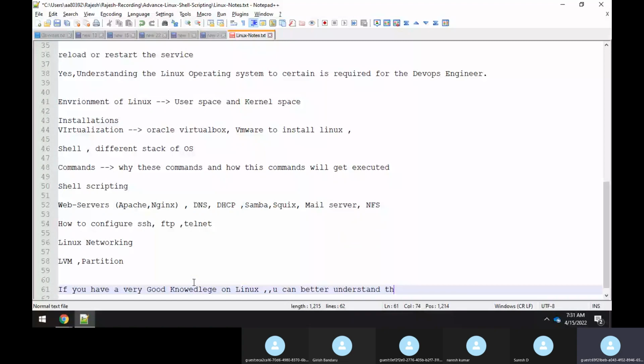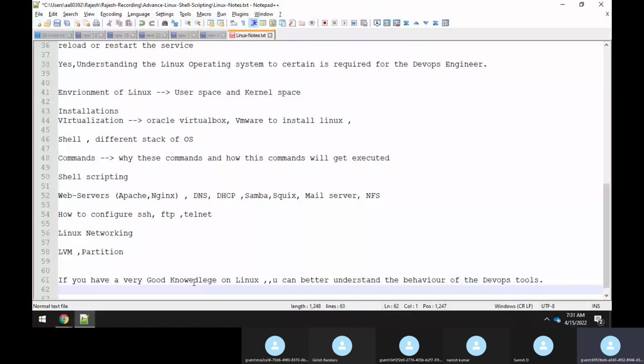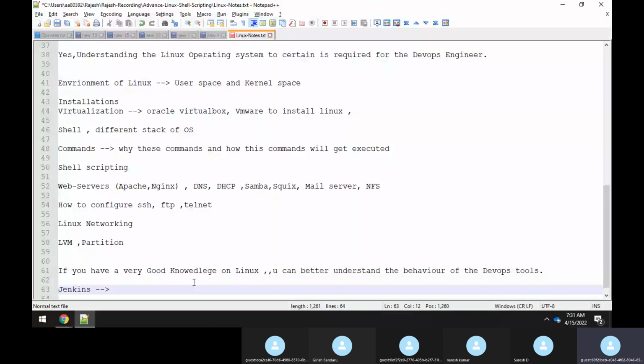For example, suppose you are installing Jenkins, you can clearly understand how exactly Jenkins is working or how exactly Jenkins reacts whenever a job runs. It means that through the Linux perspective, you can understand very well how Jenkins works, when the service is running.